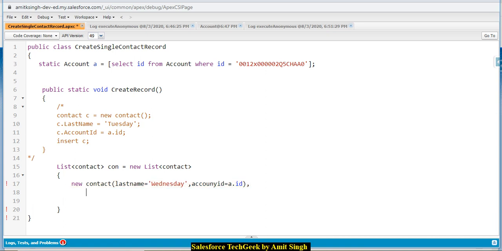I will show you how you can do that also. So just copy and paste the below code for multiple records, let's say Thursday, and Friday. So here I am taking three contacts to be inserted,